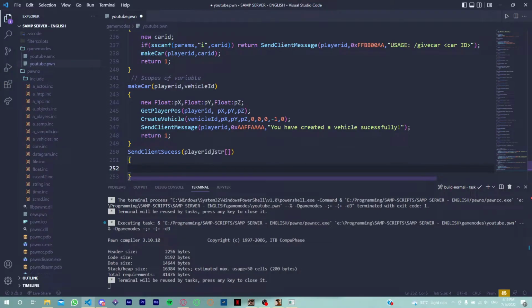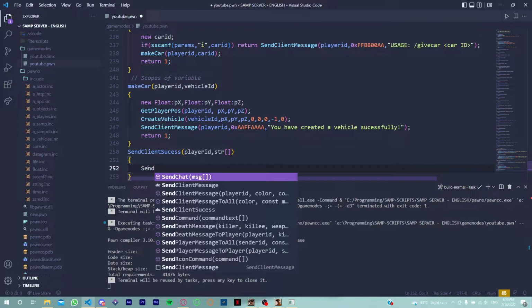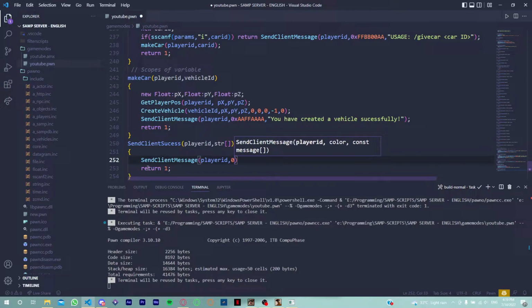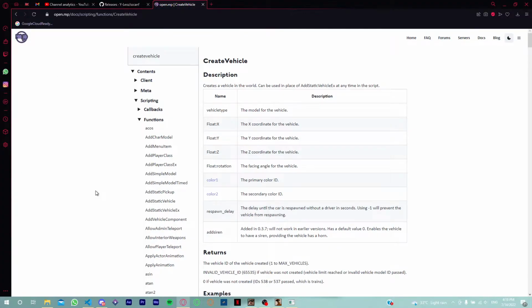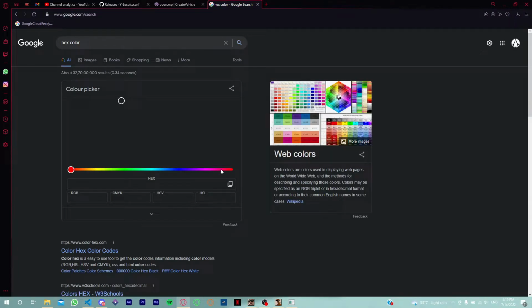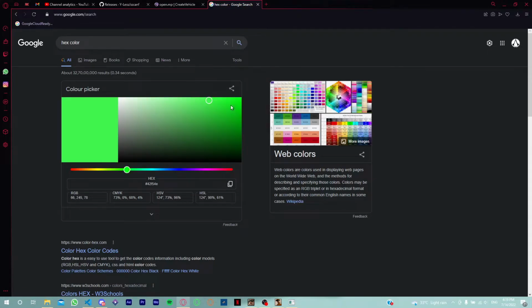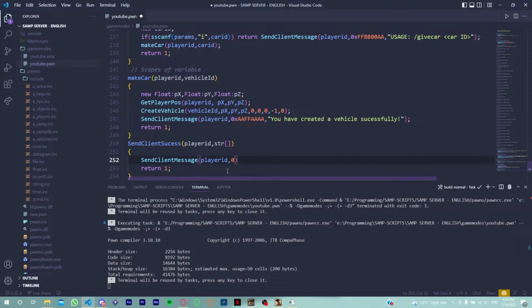We are getting a string from the user, and we would be sending a message. What we will do, we will write return one, and here SendClientMessage, player ID, and we will get a red color here. Let's quickly go to hex color and choose a color for success. Of course we want a nice green color. I will do 0x and this color, and here I will write success,